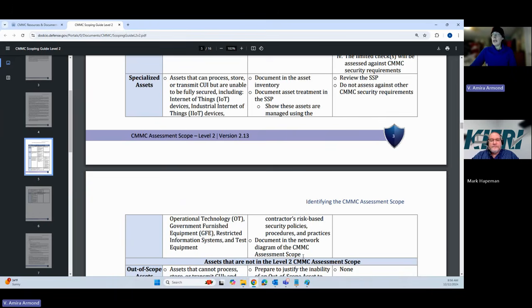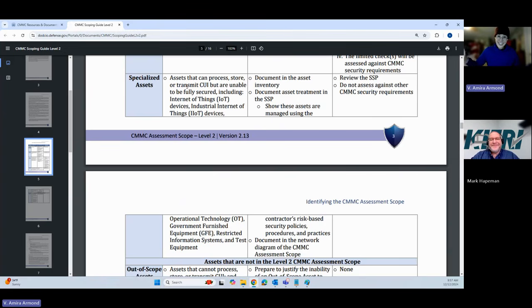So what that means to me is you can think of some pretty off-the-wall scenarios for how you could take a specialized asset and just be incredibly insecure with it, right? I'm going to take my government property or some other specialized asset that has CUI on it, and I'm going to put it in the middle of the street and just be like, good luck.